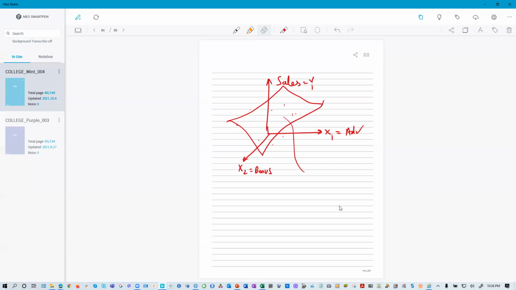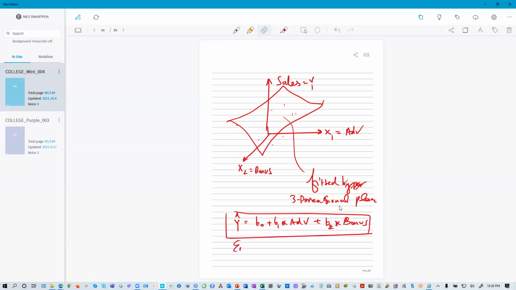That's the fitted three-dimensional plane. Here you don't have to say hyperplane, because it's three-dimensional. How do you write that one? Y hat is nothing but B naught plus B1 advertising plus B2 bonus. If you only stick to that, that's the equation of the